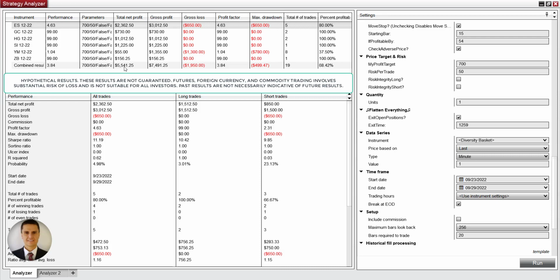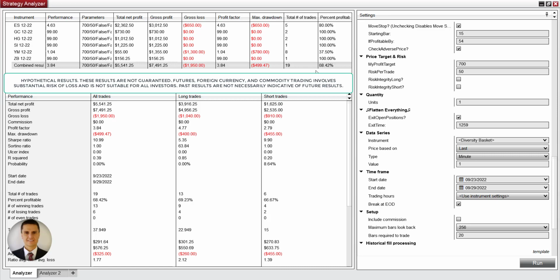So that is 55.41, which is significantly higher. Basically the only product, or rather instrument, that took any losses was this one. Ultimately, it's up in total net profit, but it looks like its win rate was 37. I'm sorry, I missed this one too. ES had 5 trades, 4 of them were winners. Okay, so combined results, there you have it,